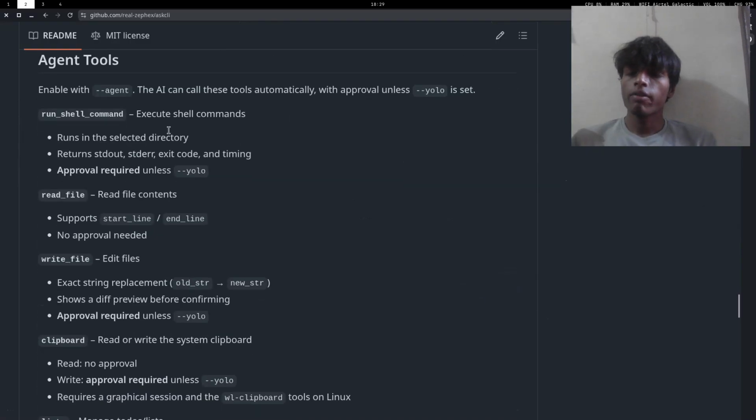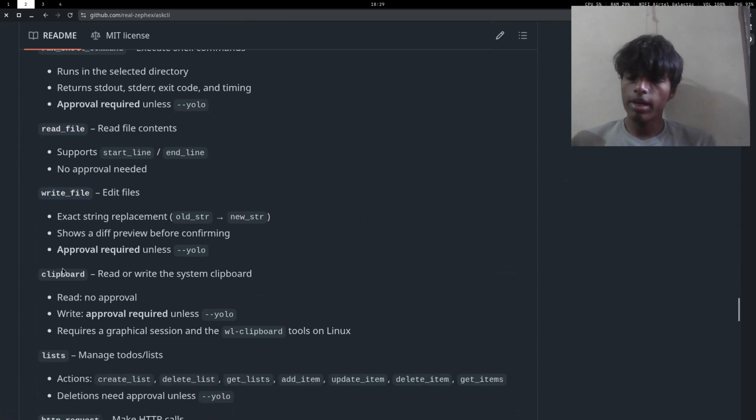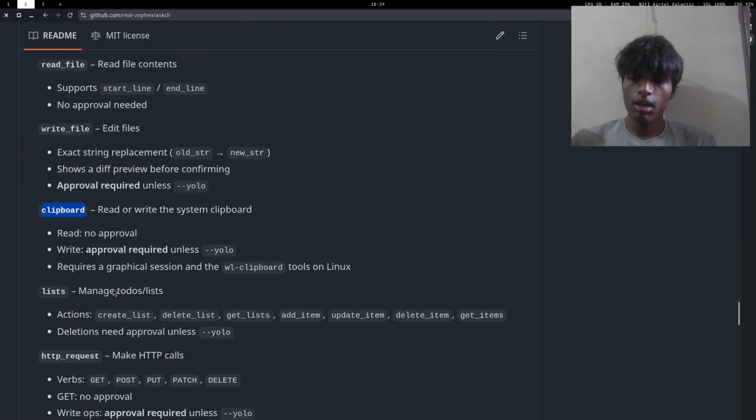So yeah, the first one is run shell command, quite obvious. Then comes read file. It reads files, obviously. Write file, clipboard. It can read content from a clipboard and put content into clipboard. It has a list. I wanted to implement a to-do type of thing, but for some reason it doesn't seem